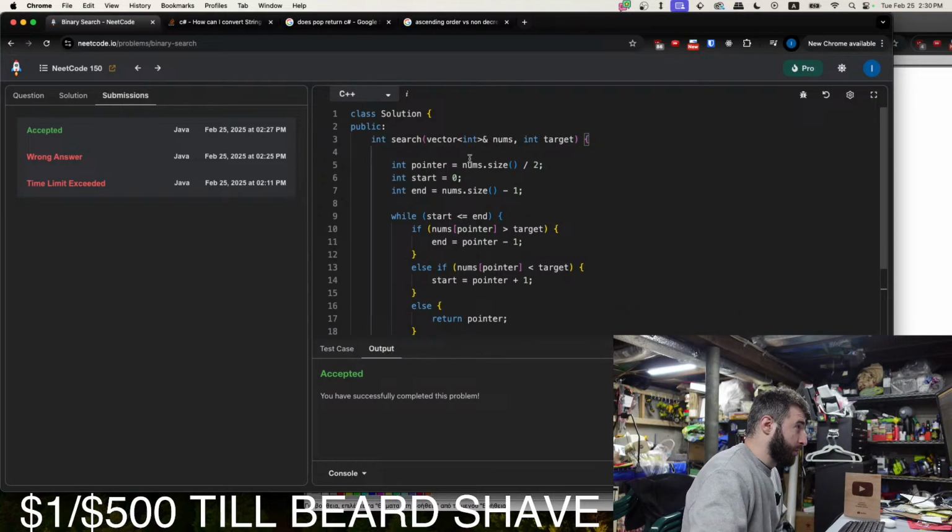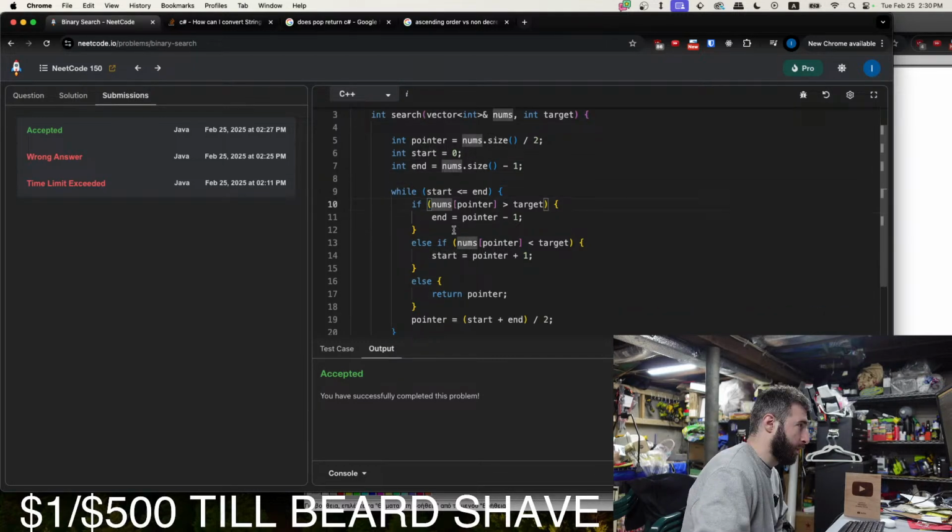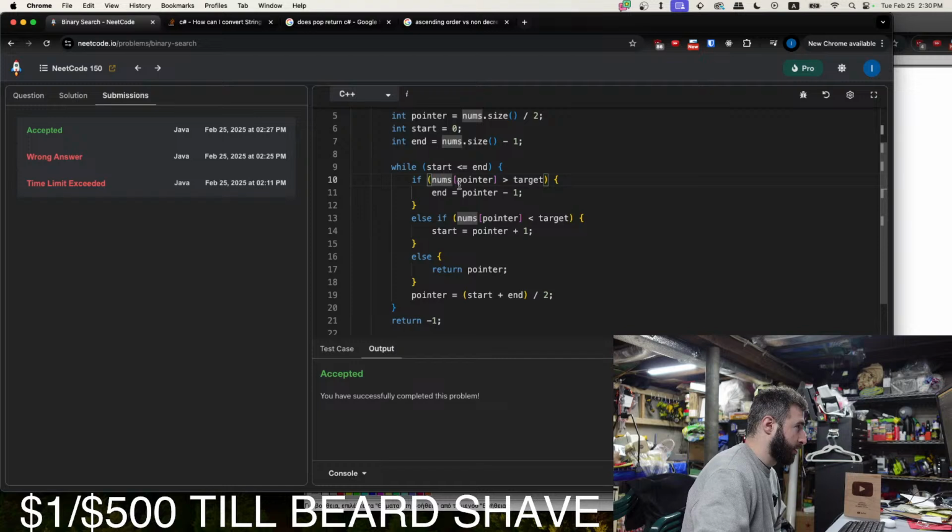So just to reiterate, we got the pointer and we just put that in the middle. We got our start, we have our end, nums.size minus 1. That's the last position available. So while start is less than or equal to end, we want to check, is the current element greater than the target?